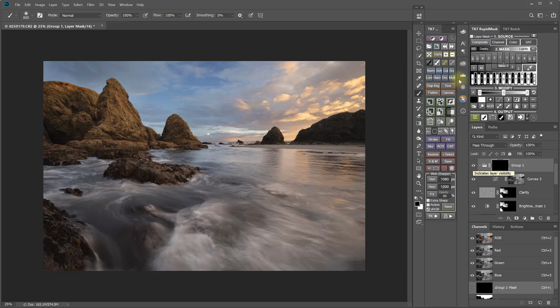And now I can paint with a white brush on that black mask. Here I'm going to use 100% opacity and a low flow, maybe 10 to 12%, something like that. So now I can just brush that highlight adjustment in around the image and create the highlight control that I want in the areas I want, the amount that I want it. All right, let's see how that's looking. Yeah, that's feeling like it's getting some really nice balance